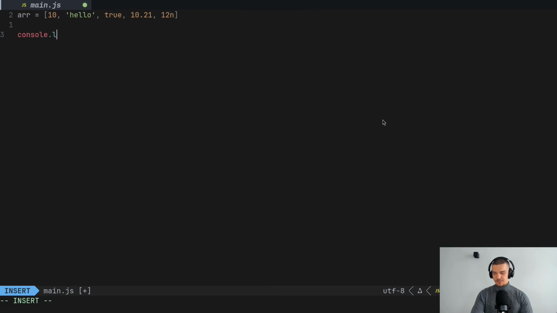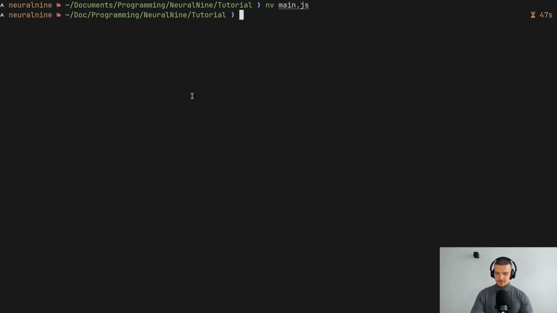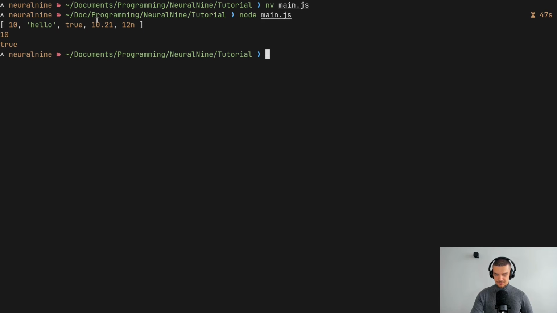So I can say console log the entire array if I want to, but I can also log individual positions. So I can say array index 0 will give me the first element. We start counting at 0. Array index 2 will give me the third element. So that would be 0, 1, 2. That would be the true here. So we can go and run this, and then you can see we get these two values, or the entire